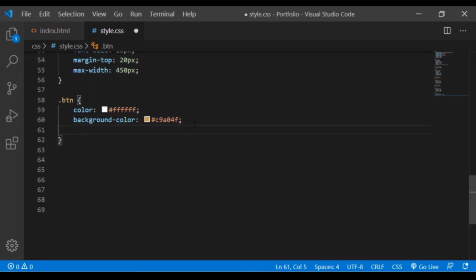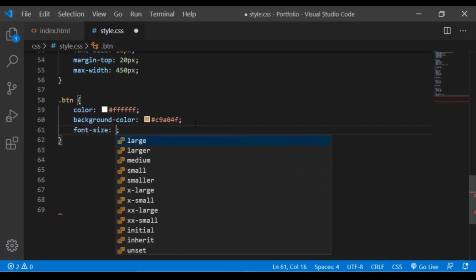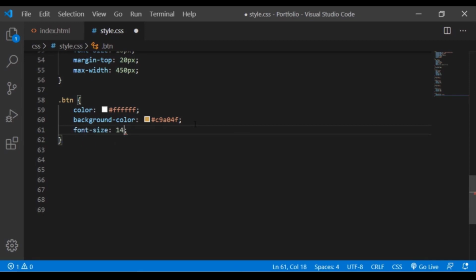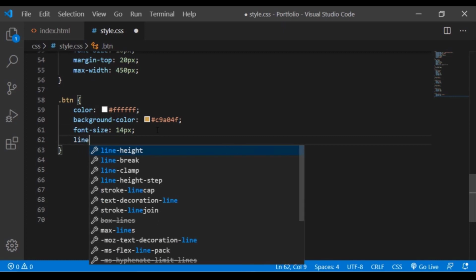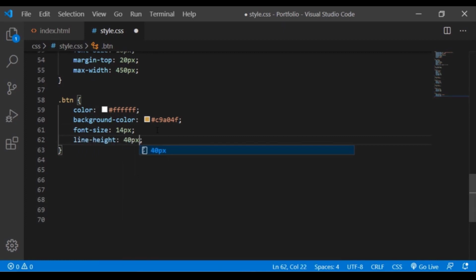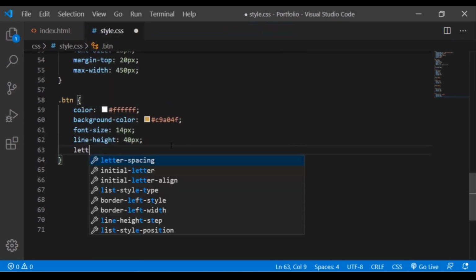Next, we will add some font properties. Set its font size to 14 pixels. Line height to 40 pixels. Letter spacing to 0.5 pixels.